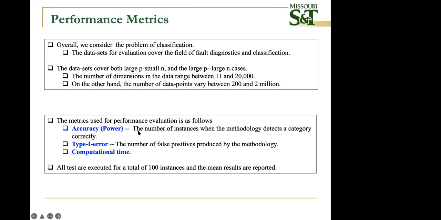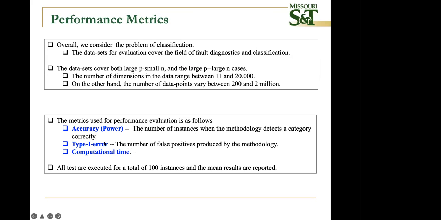So the performance metric here includes accuracy. That's the number of instances when the methodology detects a category correctly. We also looked at the false positives, which is basically trying to classify, but it's not true, or false negative, which is basically there is no error, but it's trying to come up with something completely different. And also we looked at computational time as well.